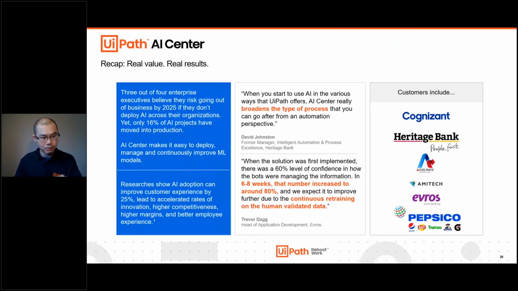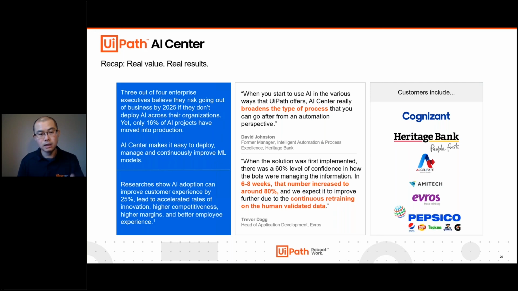When we step back and look at this, the takeaway is that with something like AI Center and the application of machine learning models and AI technology, you can broaden the types of processes you can go after from an automation perspective.